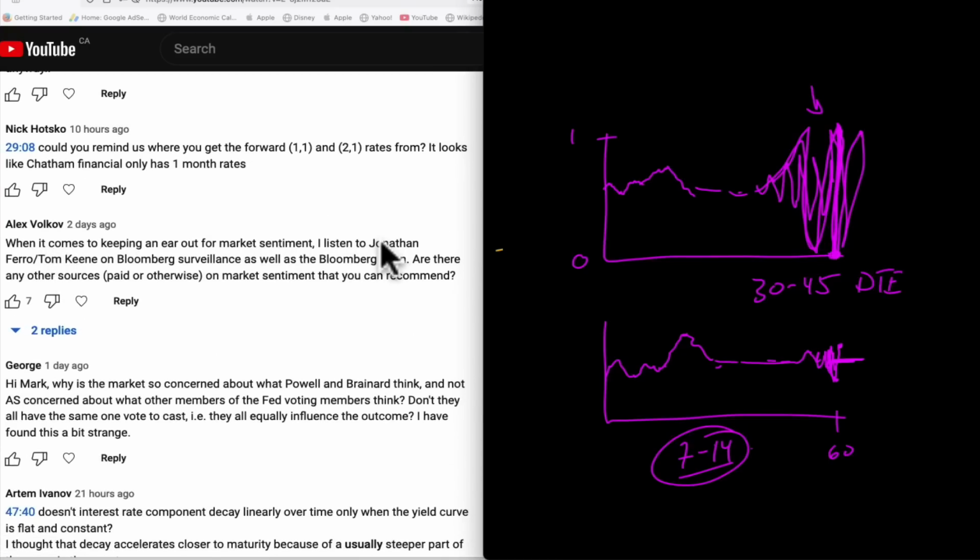Jonathan Farrow, Tom Keene. I like Jonathan Farrow. When he does an interview, this guy doesn't pull any punches. I mean, he asks tough questions. He's not afraid to ask the tough questions. You know who's great at interviewing, who's not afraid to ask tough questions? Bill Maher. If you ever see him interview anyone, usually at the beginning of Real Time with Bill Maher, he does a little opening monologue comedy thing. Then he interviews somebody for four or five minutes. He doesn't pull any punches. He's had some pretty important people sitting across from him, and he asks the uncomfortable questions, and he's not afraid to speak his mind.